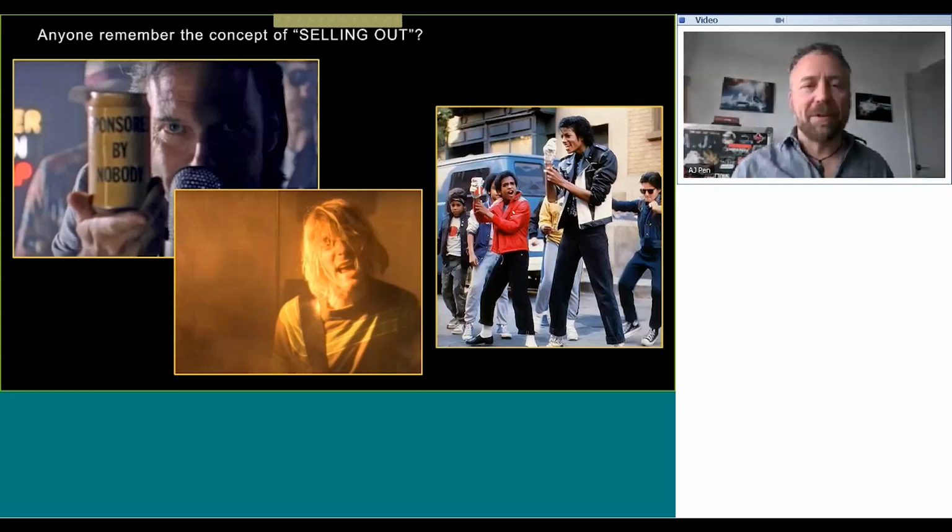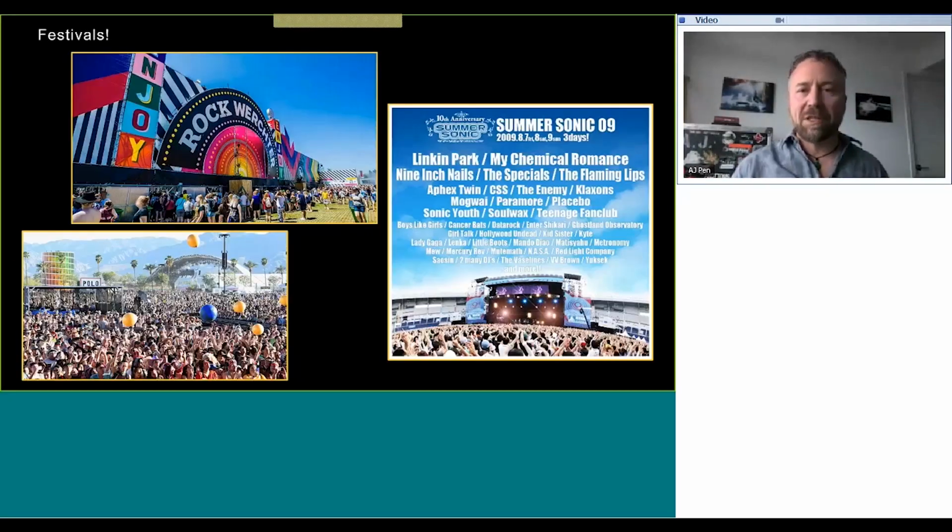Also, we have the rise of festivals. Festivals, you know, they were more popular in Europe before they started to really take hold in the States. Now, worldwide, every summer, there are festivals. There are big festivals, small festivals, EDM festivals, et cetera. You might have some input as to what equipment is there. If you're the headliner, they might take your lighting plot and work from that, but you're generally having to go in and play your show on equipment that's ready, that's designed for anybody to use. So these are all different circumstances.